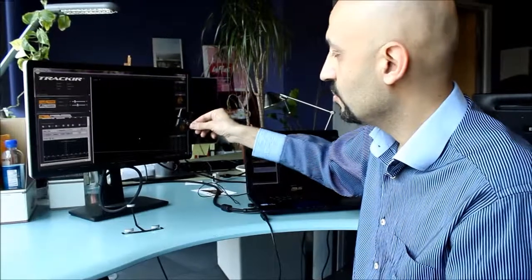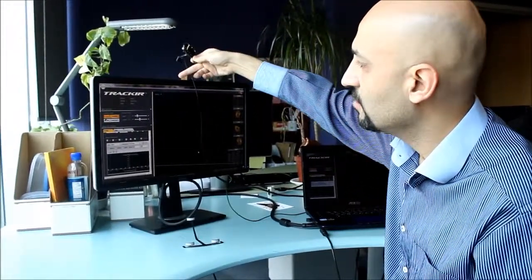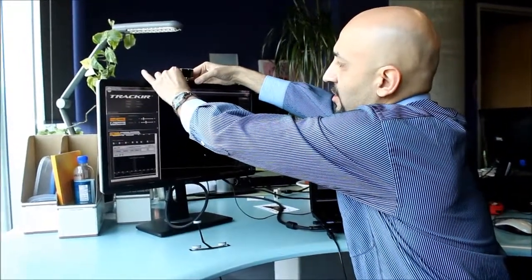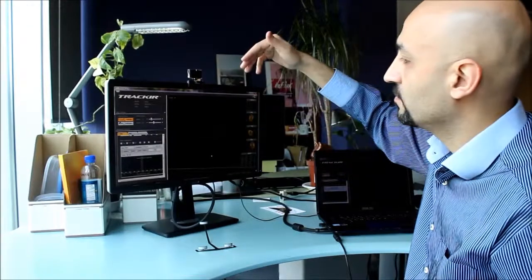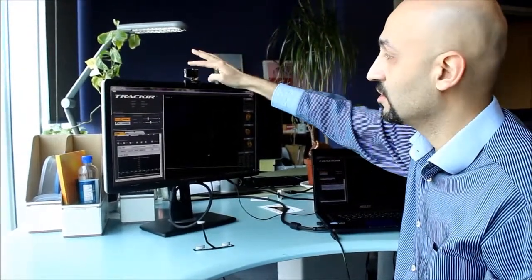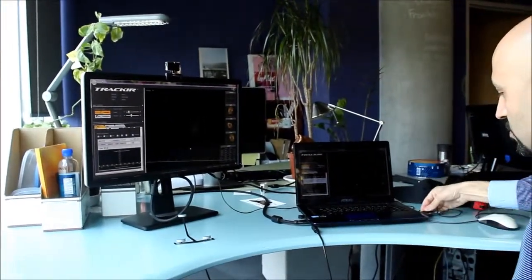So tell me about the installation process. It is pretty easy. You need a TrackIR. First you need to put the TrackIR sensor on your monitor. It would be better if you first find the middle point of your monitor and then put the TrackIR like this on your monitor. You should be careful that the monitor should be perpendicular to Earth, and TrackIR should not be rotated in different directions. And then you just need to